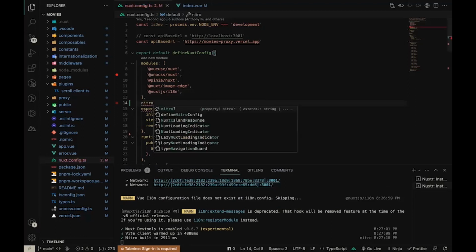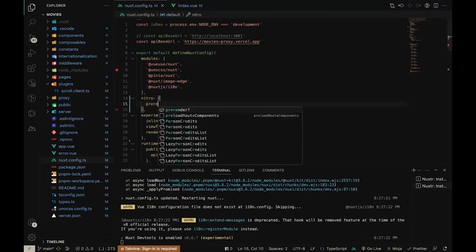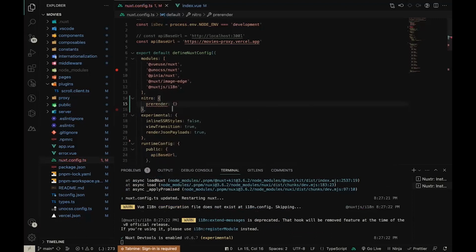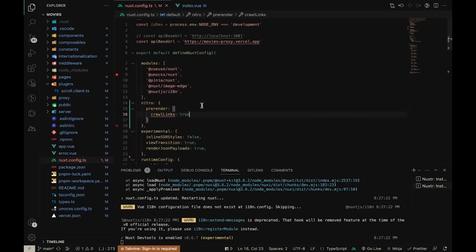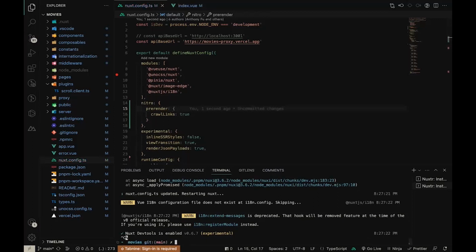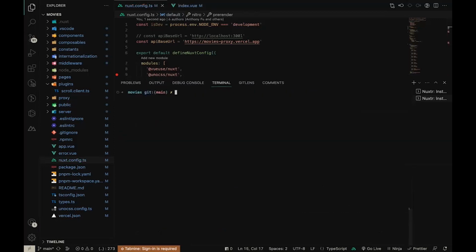And how do we do that? So I'll use the Nitro property, set it to pre-render, which means serve ahead of time. And then I'll set the crawl links to true. So I'll go ahead and tell it, hey, crawl all the links. So if I come to my terminal down here, if you can remember, the command that we use to tell Nuxt that, hey Nuxt, now our site is statically generated, and the command you're going to use to build it is going to be nuxt generate. So if I run that command,